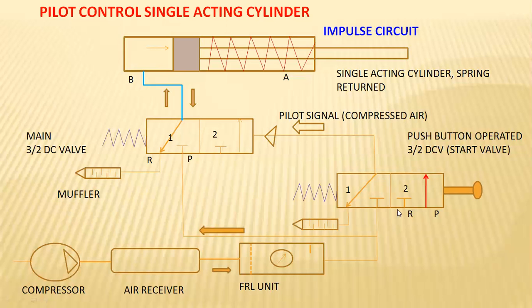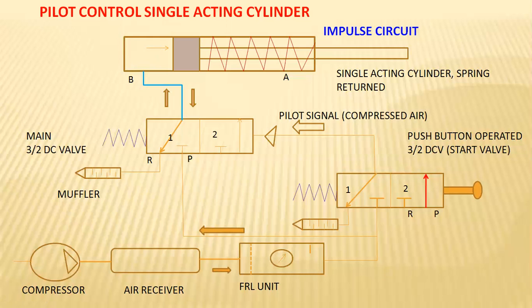Alright. So here the common terminology: when it is connected towards the return, the pressure will be getting cut off here at the B side, and hence the compression strained in the spring returns back into the original position. That causes the piston to move backward, nothing but return movement. The air which entered towards the B side will be releasing towards the atmosphere back again. So this is the pilot control with respect to a single acting cylinder.